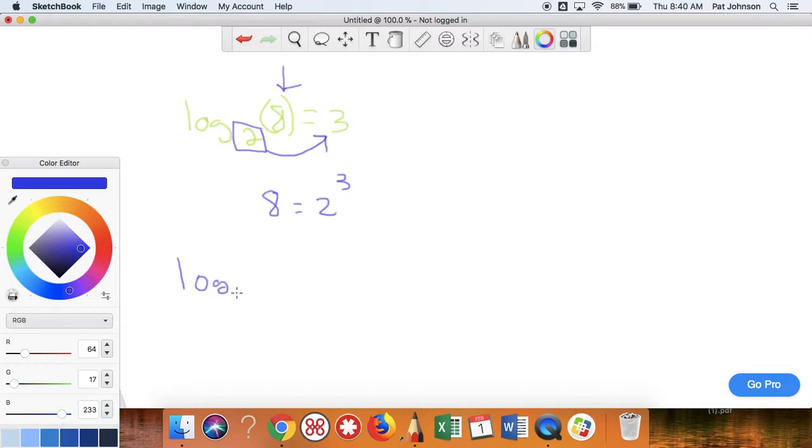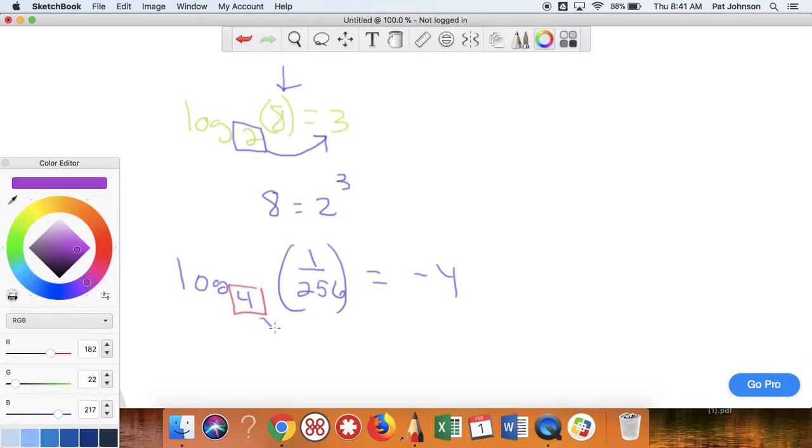What about this one? Log base 4 of 1 over 256 equals negative 4. Again, identify your pieces. This is my argument. This is my base. So how would I rewrite this? Well, then I would take,